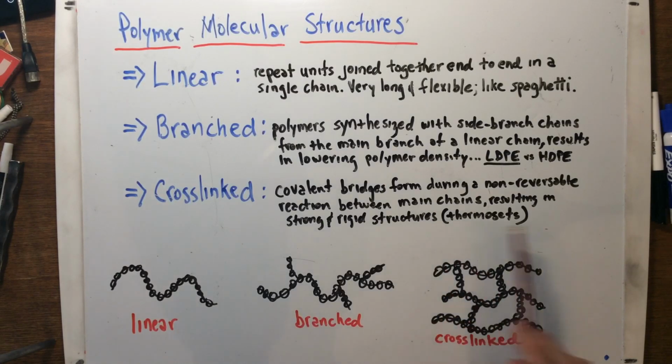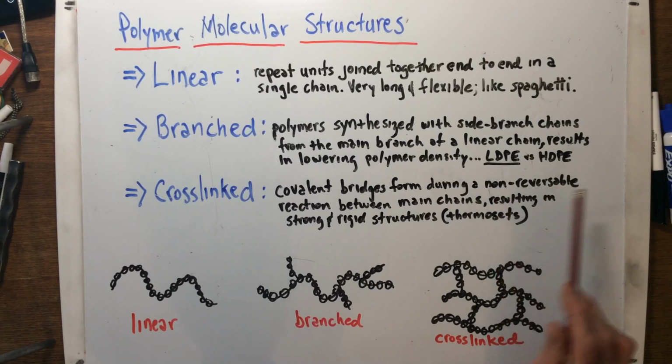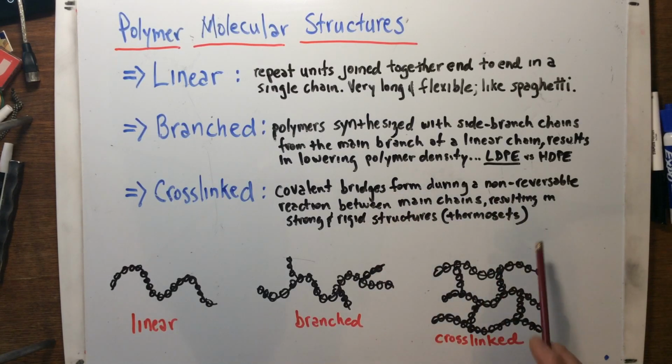When you combine a thermoset's 2 parts, it's a non-reversible reaction, obviously. So this is more like a thermoset type structure. These other 2 are more thermoplastic type structures. Okay, now